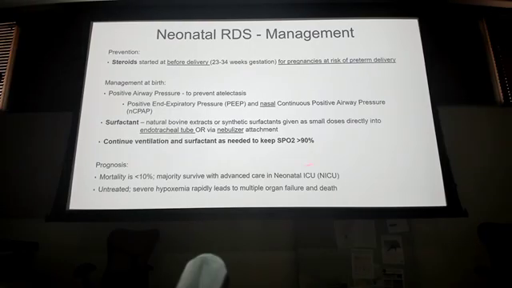Mortality, as long as they're in the United States, right? If they're born outside the United States or a developed country, they have a high mortality rate. But specifically in the United States, we have a low mortality rate because we have a lot more NICUs around the country. NICUs are rated, like level 1 NICU is for the super premature babies. BAMC is a level 1 NICU. Fort Hood has a level 2 NICU, which can take care of probably 28 to 30 weeks, but they can't take care of the super premature. Some of those patients, you just have to get them to the right spots. But untreated, especially in undeveloped countries without this care, severe hypoxemia leads to rapid death, so high mortality rate.